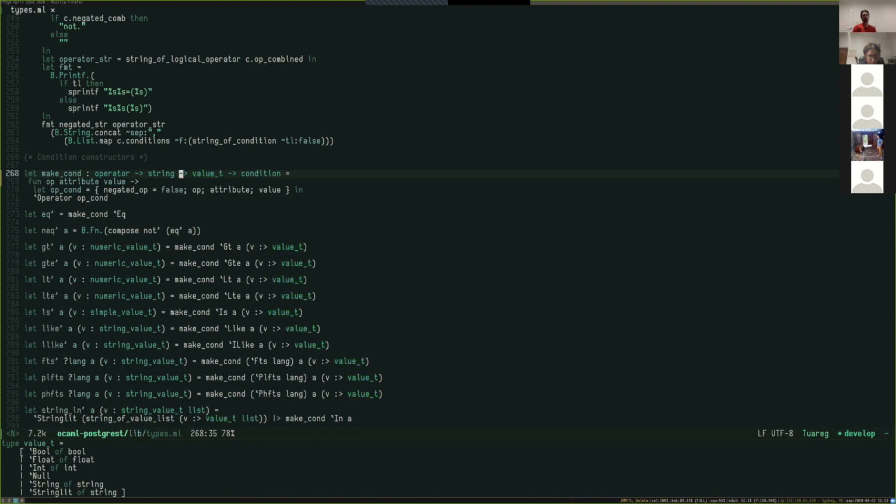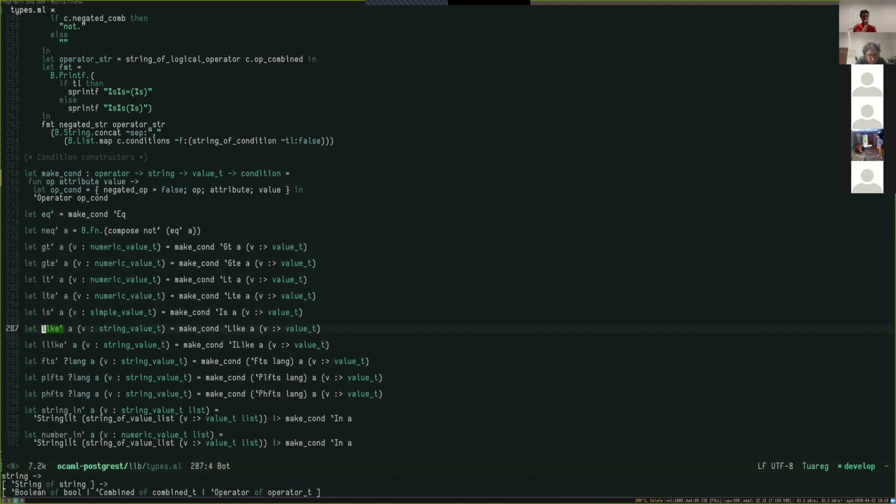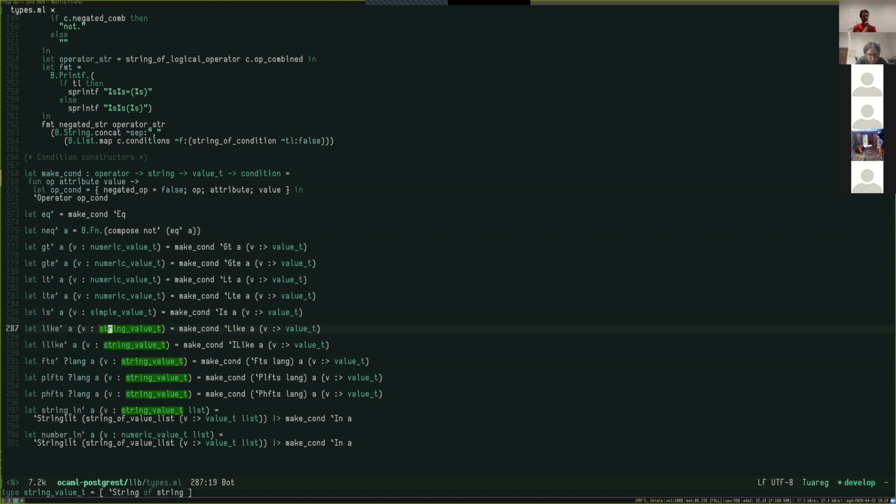That still wouldn't make any sense. So I'm planning to simply export the convenience functions that capture the values that are valid for each one. For example, in the like function, which is when you do something like select from this table where a certain column is like another string, I only give it a string value t. And then I just call the makeCondition function, with some operator, in this case like, the field name, which is